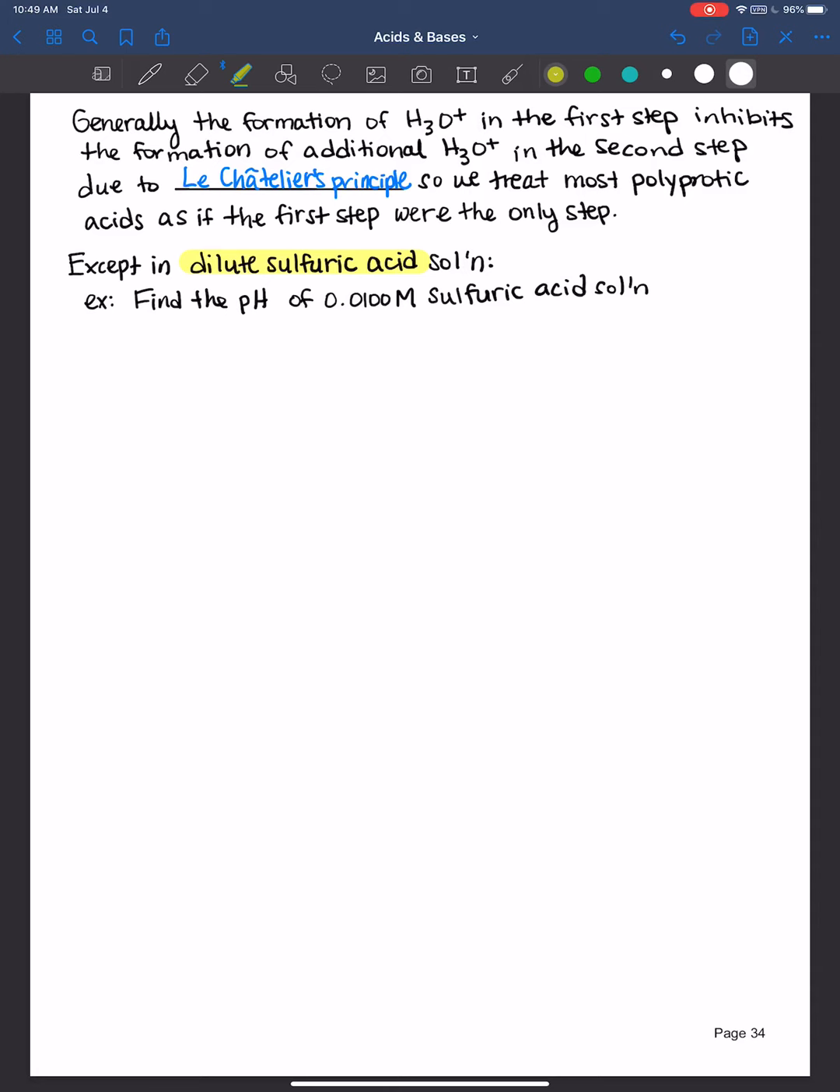Now, this question is asking us to find the pH of a 0.0100 molar sulfuric acid solution. And so this is the concentration we are working with here, 0.0100 molar. So let's go ahead and write down